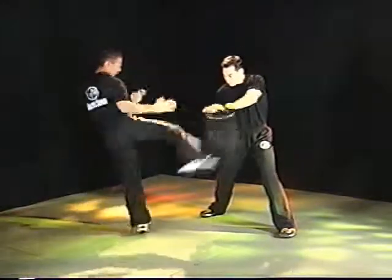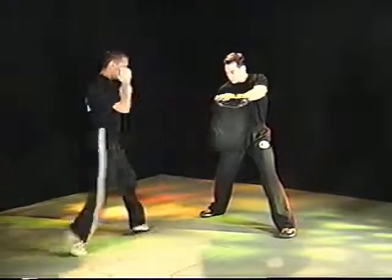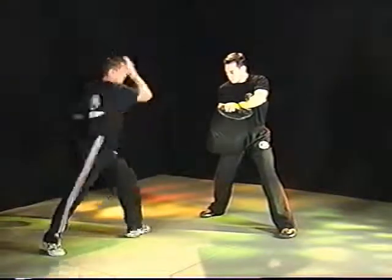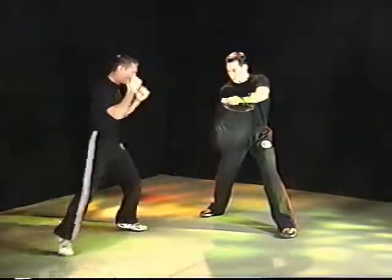There's no telegraphing of the kick. In fact, what is occurring is the knee is being raised and leads the foot. The knee also extends beyond the target. The hips are turning in and the weight